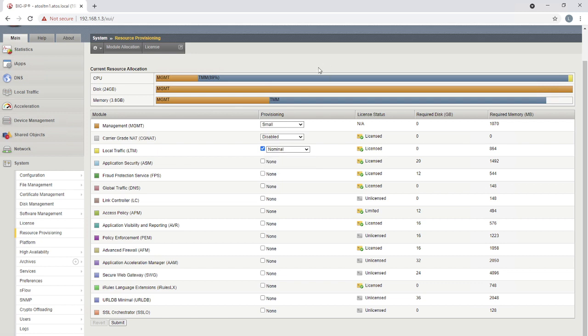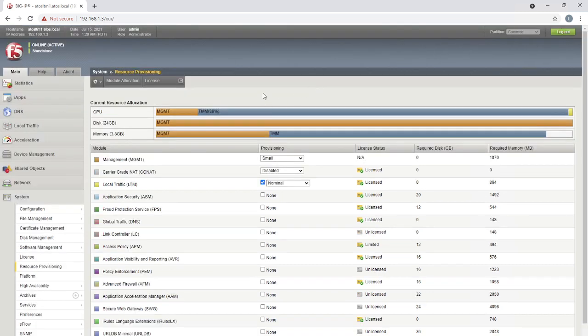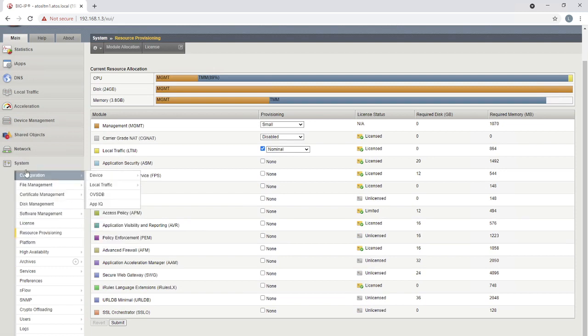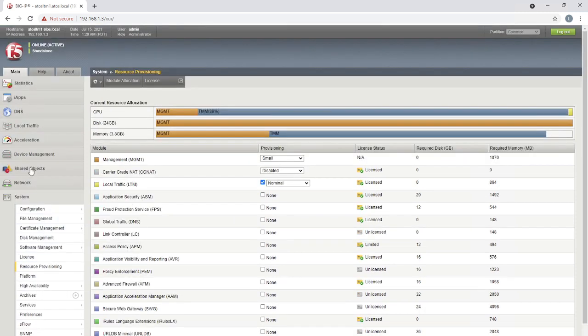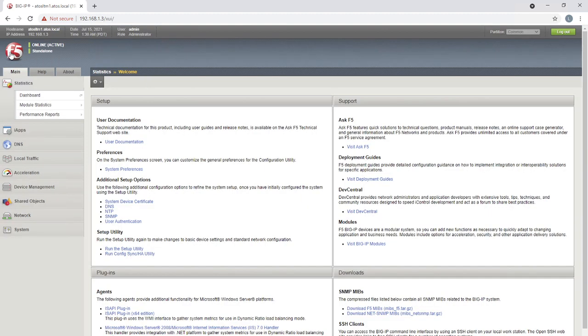It is also quite possible to rerun the setup utility. Where do I go to run the setup utility? That option may not be visible anywhere. All you have to do is click on this F5 icon. It will take you through that utility. Can you see the setup utility somewhere? Can you see this?